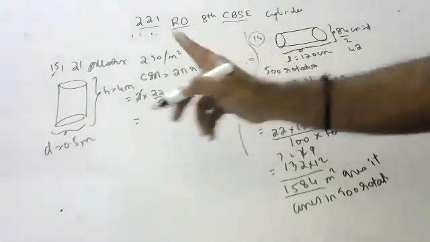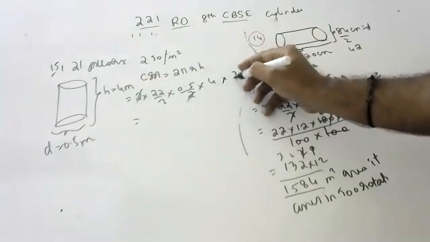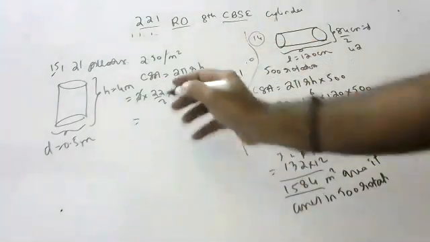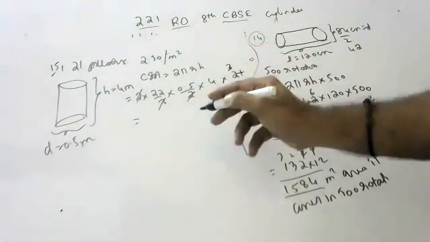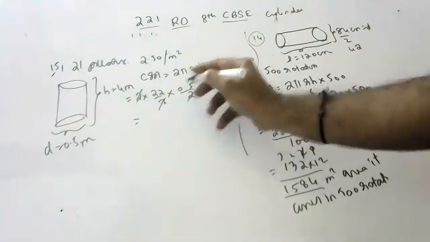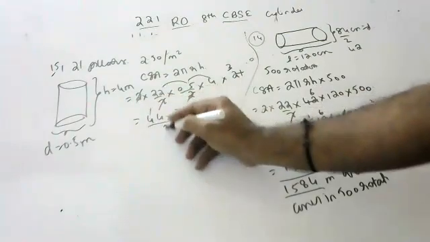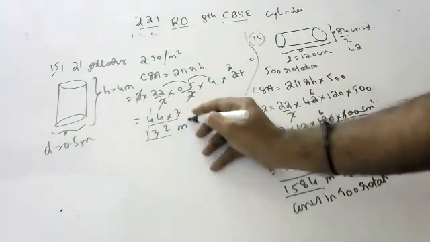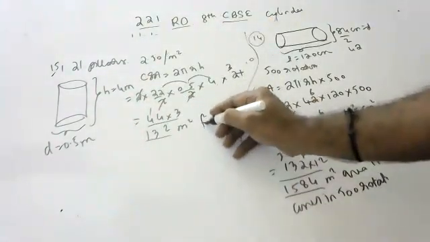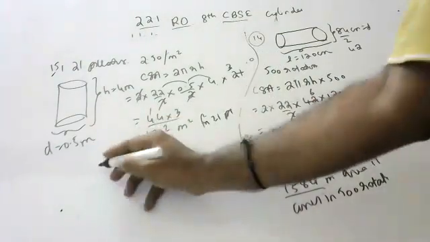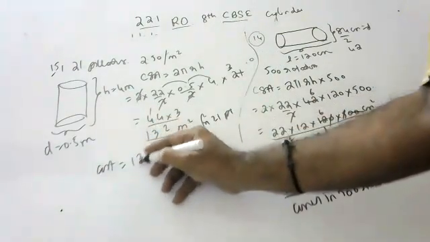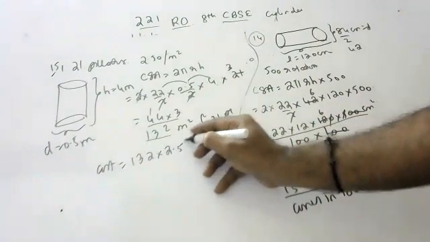So this is for one pillar; for 21 pillars, we multiply by 21. 7 3s are 21, 4 5s are 22. 2 into this is 44. 44 into 3 is 132 meter square for 21 pillars. Now the cost: 132 into 2.50.